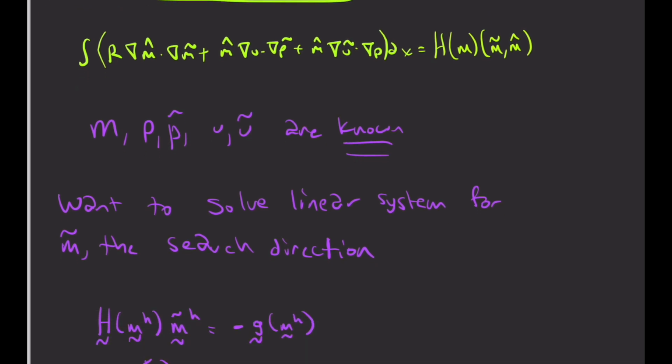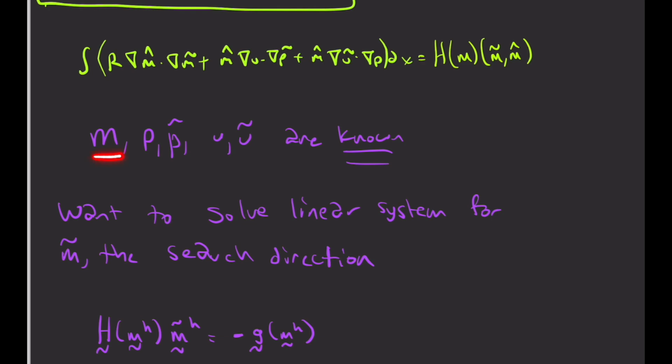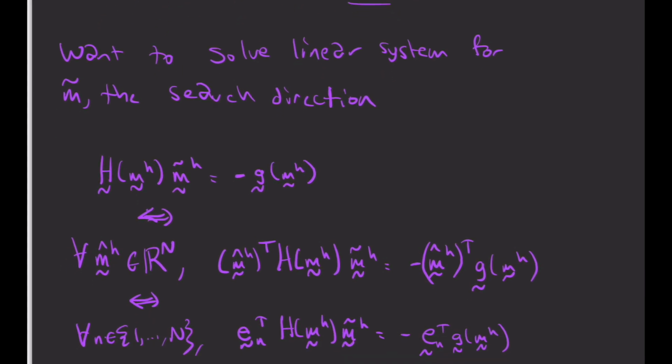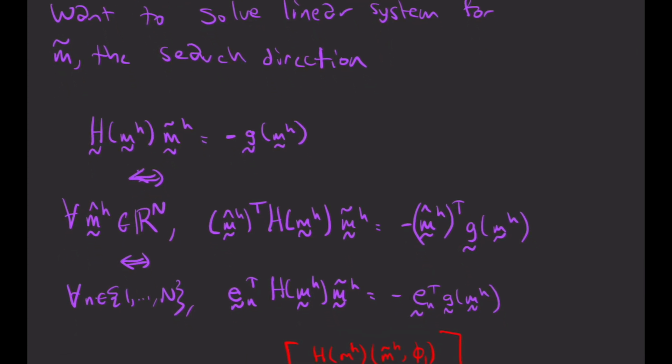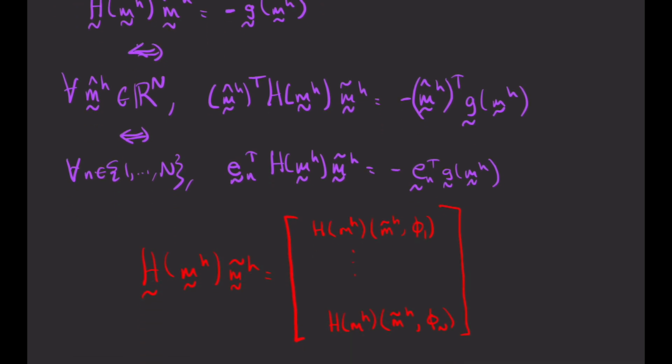This is slightly different from the gradient. At this point, m, p, p tilde, u, and u tilde are knowns. M tilde is what we're ultimately trying to solve for, because this is going to be our search direction in the context of Newton's method, if we're using Newton's method instead of gradient descent. So we want to solve this system. The Hessian acting in our search direction m tilde is equal to minus gradient. That is, again, similar to before, if and only if